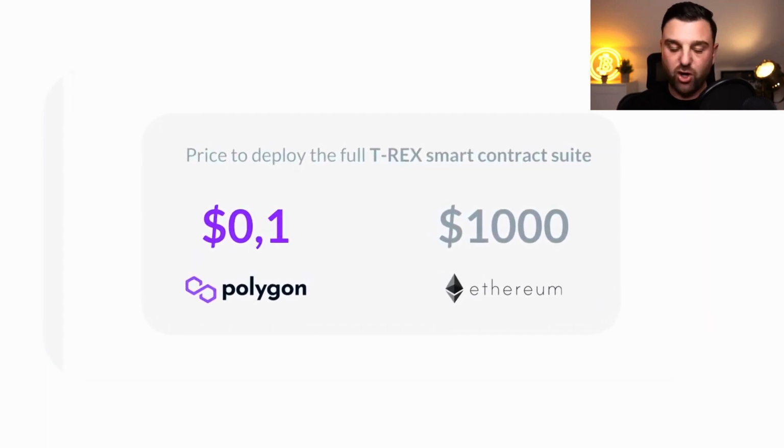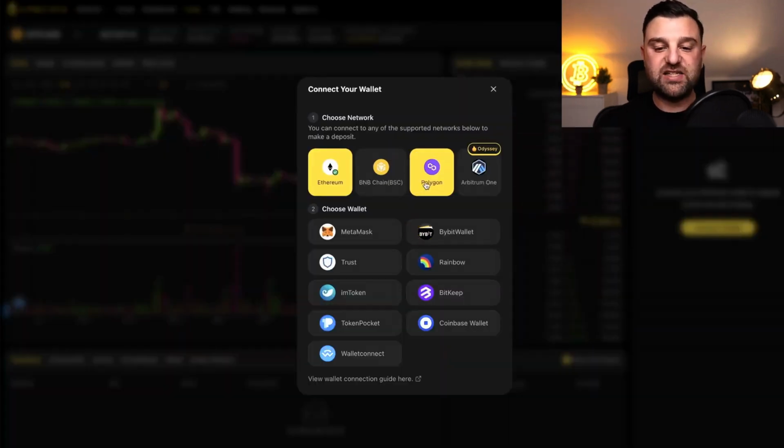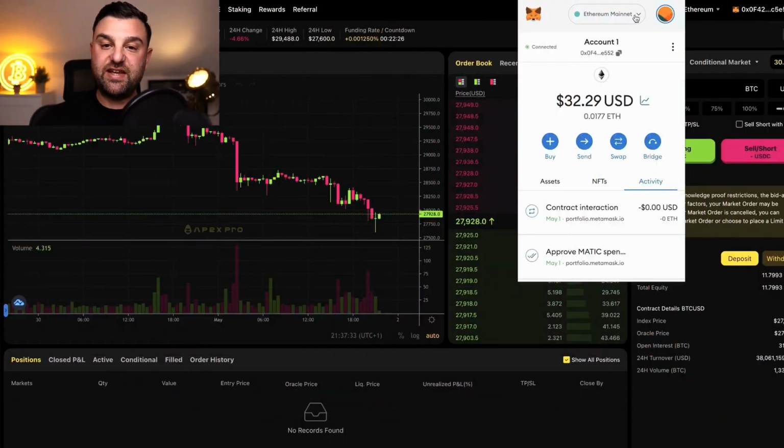Now, these fees are not a lot at all, especially if you select BNB or Polygon. In the case of myself, I'm going to use Polygon, and I'm going to use my MetaMask wallet. So this is going to be similar with any of the wallets mentioned, but I'm going to show you on MetaMask. You obviously need funds in your MetaMask wallet in order to fund your ApeXPro account, and you can have